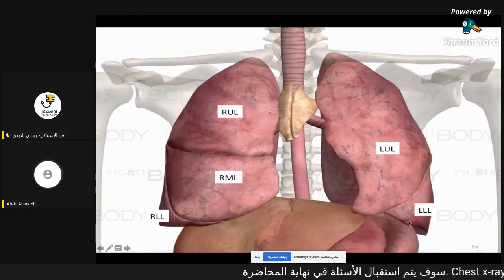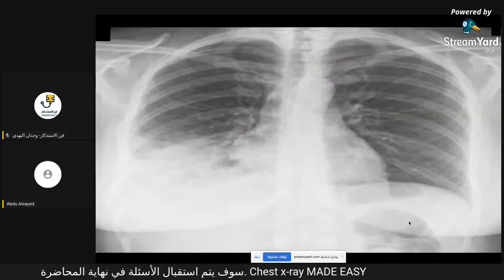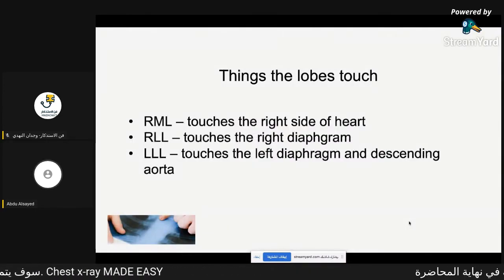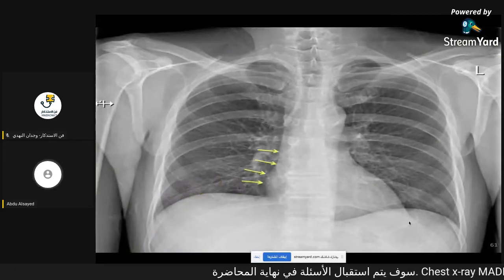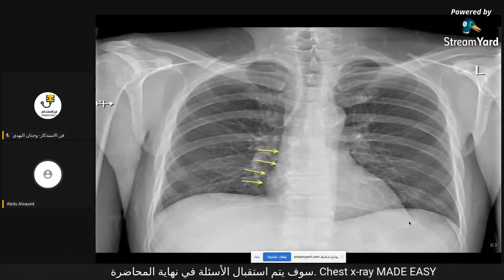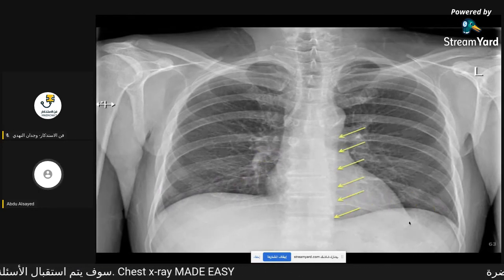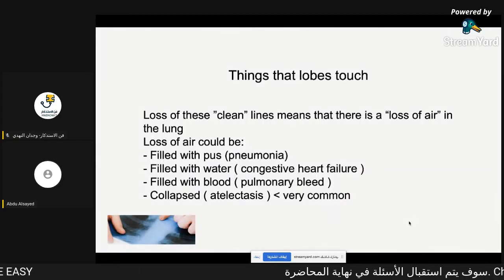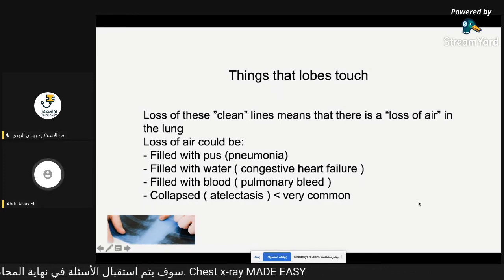We should comment on the diaphragm. This is the right hemidiaphragm, and this is the left hemidiaphragm. We should comment on the descending aorta also. And those lines, as we drew before, should be clean and obvious. This area is not clean. The diaphragm or the